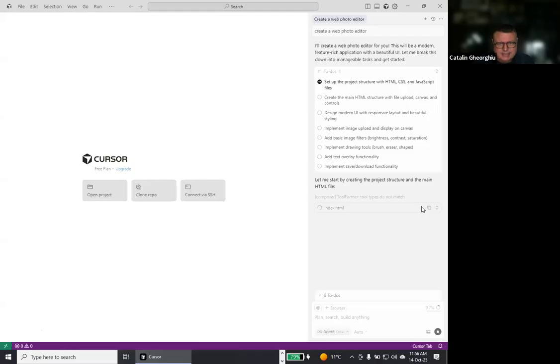Even though it's VS Code, it's not Copilot. The online part, it didn't need to do; it's for other things.